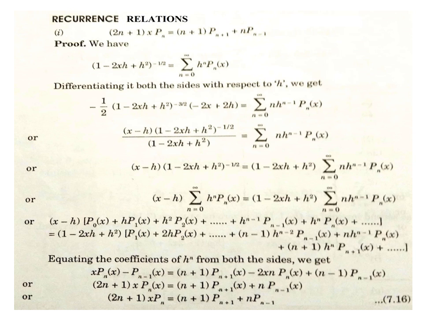Then in the next step we are using the given equation, (1 - 2xh + h²) to the power minus half equals sigma n equals 0 to infinity h^n Pn(x). So using that particular relation, the left-hand side is converted into modified form and the right-hand side remains invariant. Then in the next step we are expanding that sigma, as you can see, P0(x) + h P1(x) + h² P2(x) up to infinity, and on the right-hand side we are expanding the sigma of the right-hand side,